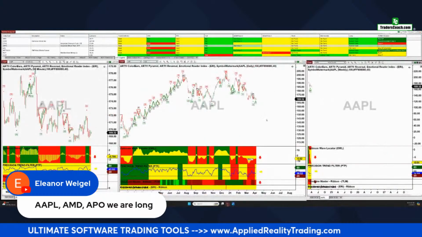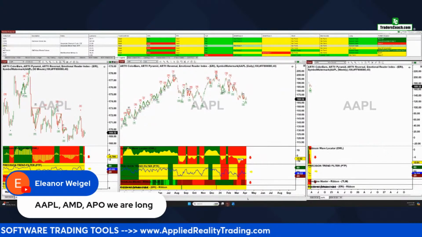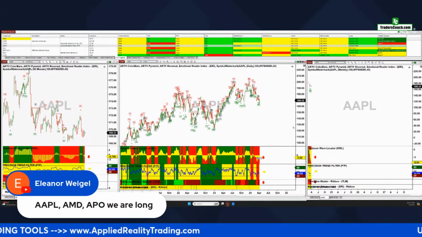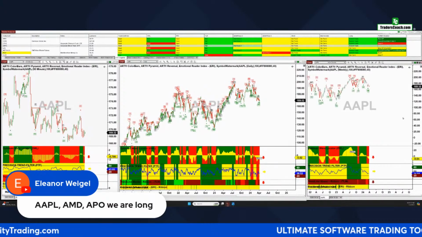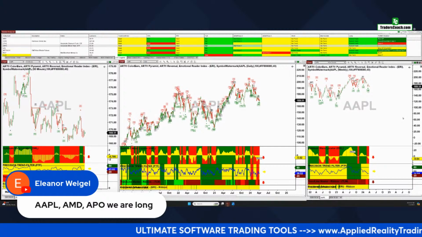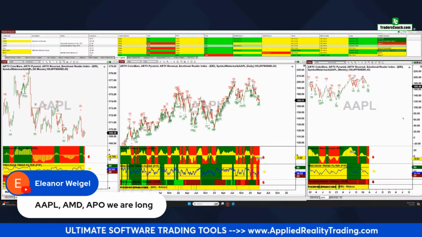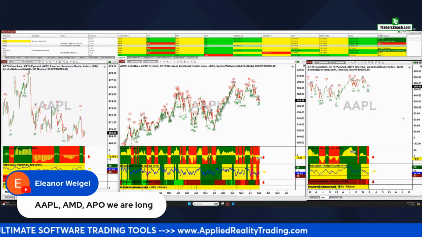So let's see. That's bearish. That's bearish. All right. So I think Apple could come down at this point. I think there's more risk in being long on this trade than flat. Hopefully you've made good money on it. I would consider getting out of it. Talk to your financial advisor.